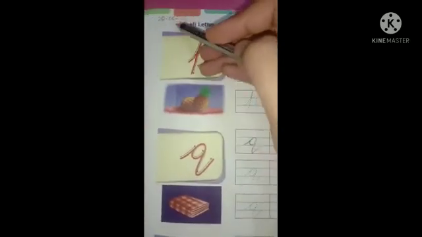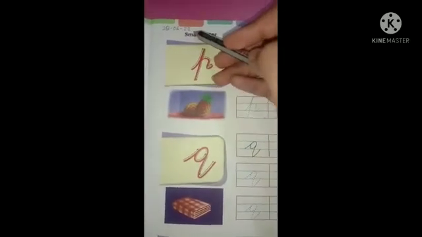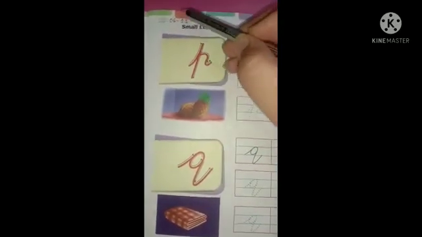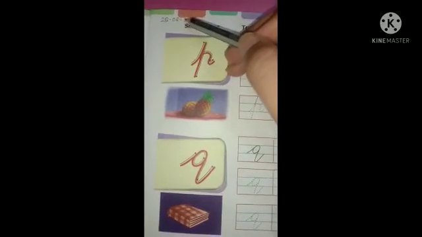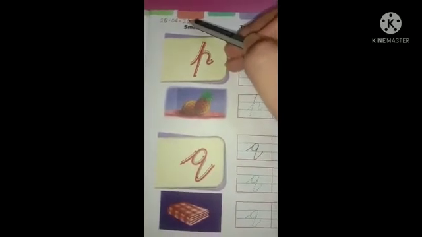Okay, what is the date today? Today is 28th June 2021. So write it 28, then put a small dash, then write 06, that is month, and then again put a little dash, and then year, that is 21. 28th June 2021. After that, mention classwork also.